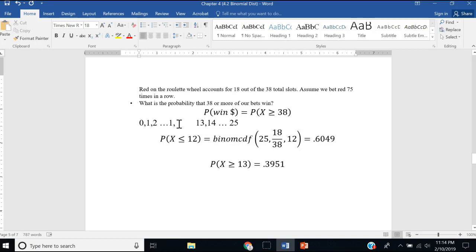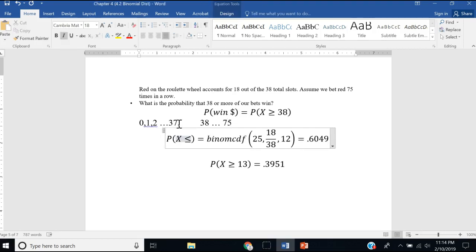Similar situation. Instead of going up to 12, we're going up to 37, and then the 38 to 75 options are there. So the complement of 38 or more is less than or equal to 37. So we have to change our n. Our n now, we're rolling 75 times. However, the probability of success is we're still getting 18 out of 38 because success is still red. We want 37 for my binomial CDF. So all I have to do is change that 25 to a 75, that 12 to a 37, and we get